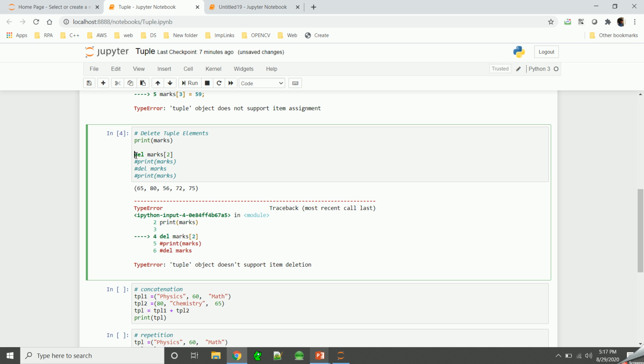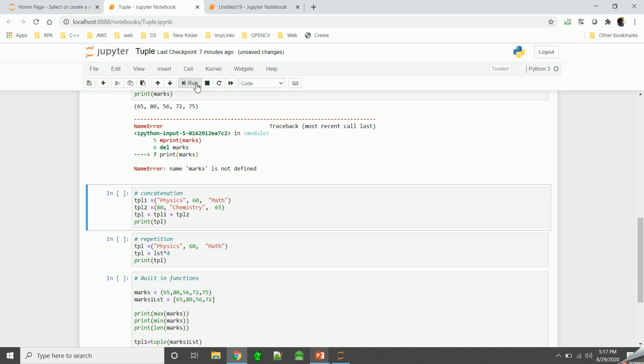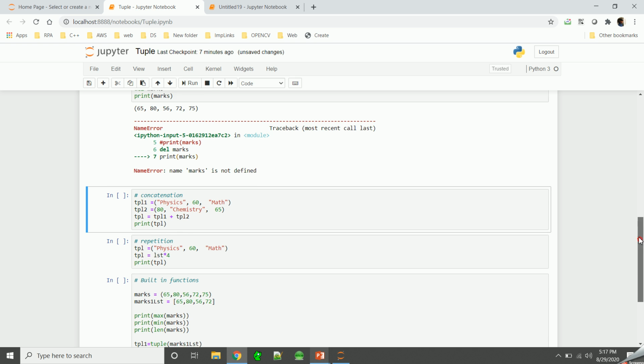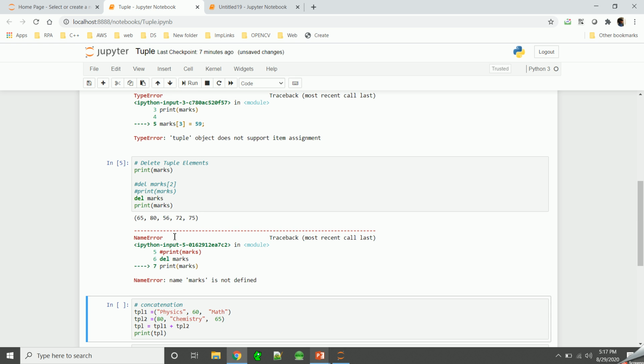So we'll comment this code, and we'll try deleting the entire tuple, and then try to access it. Now let's run this cell and see what is happening. Okay, so first all the tuple elements are printed, and now we are deleting it, and then again we are trying to print, basically trying to access.